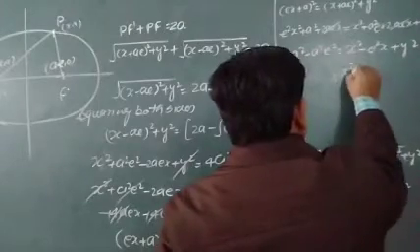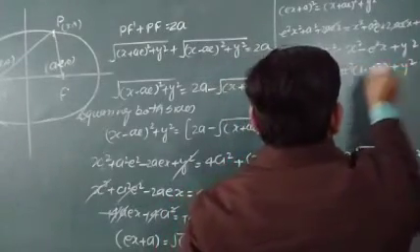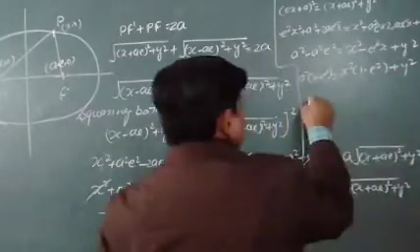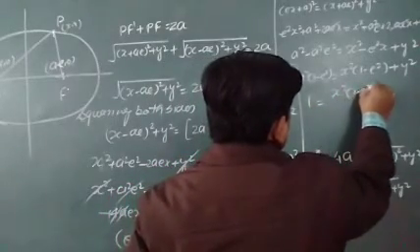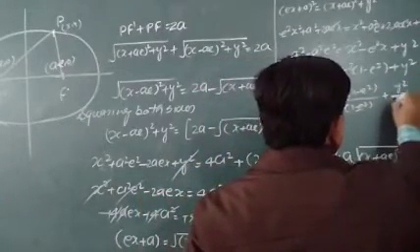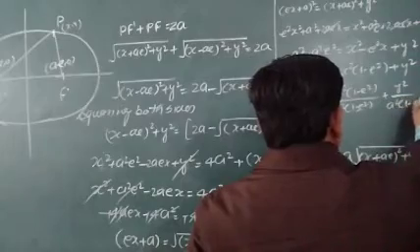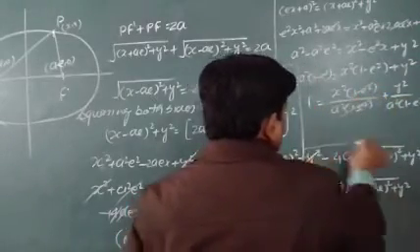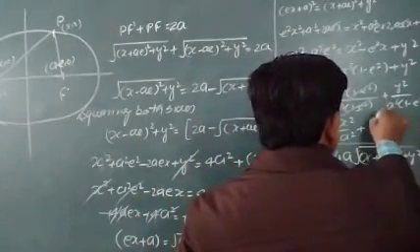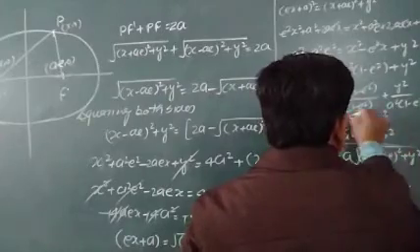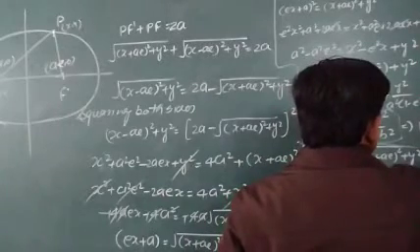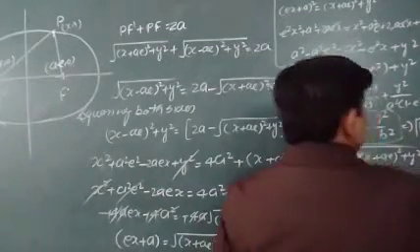If I take x square common, 1 minus e square plus y square here. If I take a square common, 1 minus e square. So if I divide by this one, I get again x square 1 minus e square upon a square 1 minus e square and plus y square by a square 1 minus e square. They can be eliminated. So here I can see x square by a square, and this one will be assumed as b square. So y square by b square, again I am getting the same ellipse, and here I can write b square is equal to a square into 1 minus e square. These things we learned previously also.